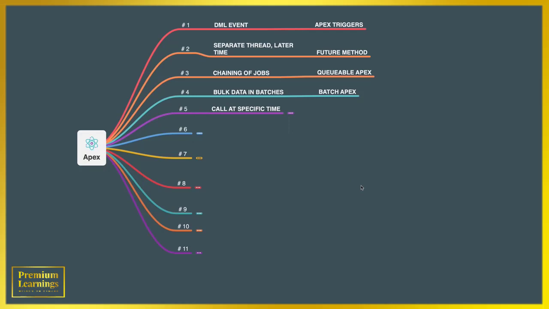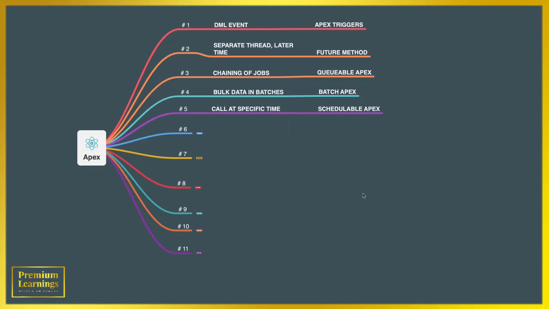And whenever you want to call your Apex logic on a specific time, that is like calling a particular piece of logic at 6 o'clock every day or 6 o'clock every week or every Monday, then you will go for schedulable Apex. It is also a kind of asynchronous Apex method which can help you to schedule your Apex logic